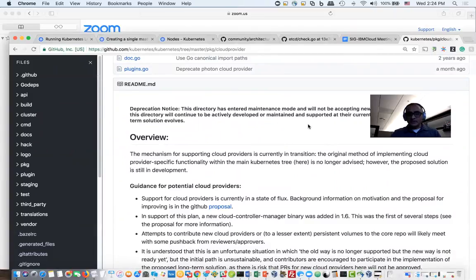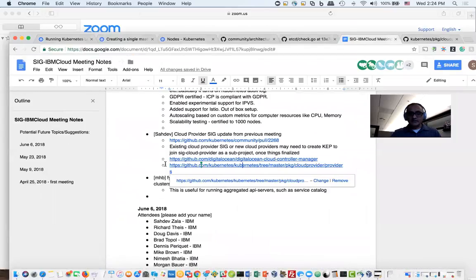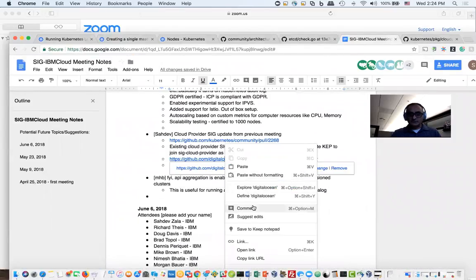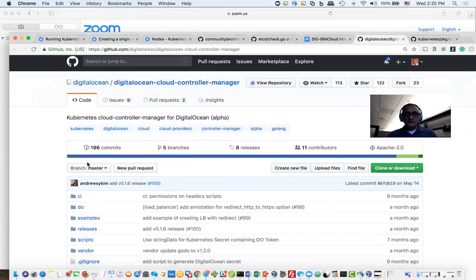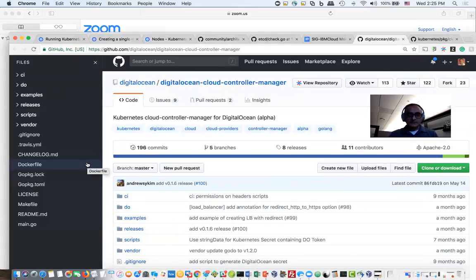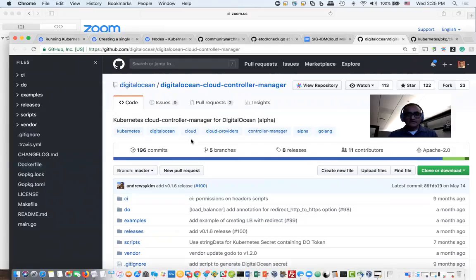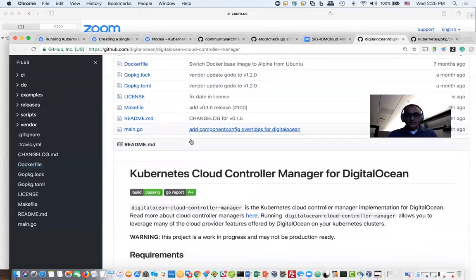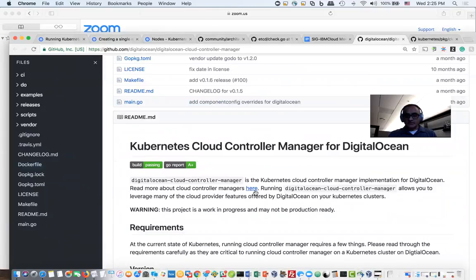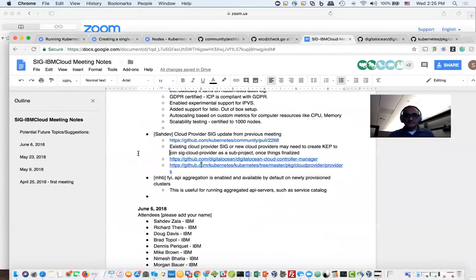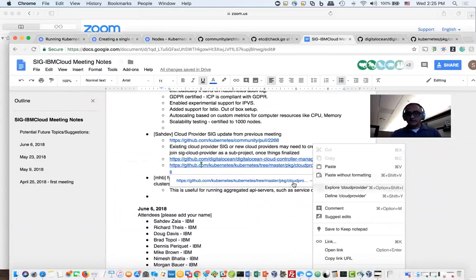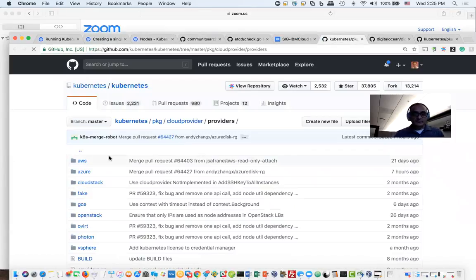It seems like there is already some progress made out there, and if you look at the link here, the DigitalOcean one as an example, they already have a repo created for themselves. And again, I got this link while talking with Andrew. As you can see, there's a link available there for Cloud Controller Manager, and some of the code they already have in place. So I was told that for ourselves, since we're not here as part of the other provider code right here,